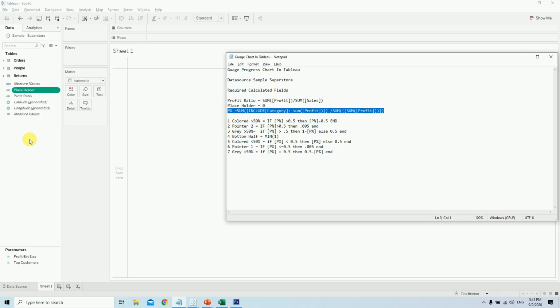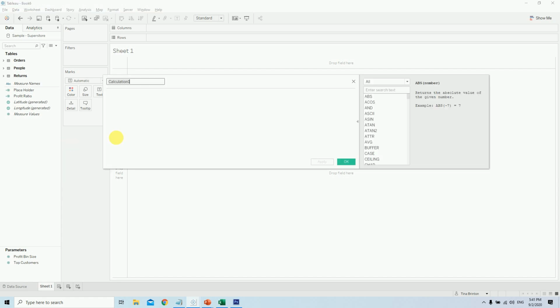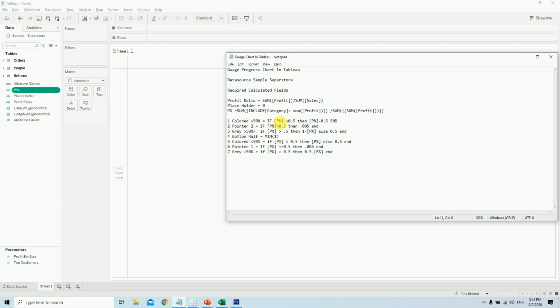Yes, I'll copy this. I'll create another calculated field. I'll just paste it, remove this name with Control X, even the equal sign, and paste it here, and this is done. Now we'll have another calculated field. These are the calculations required to formulate this gauge shape. I'll copy the first one, and these numbers are very important. If you do not do this, then you have to manually sort everything. So I just quickly wrote these numbers to get everything done quickly.